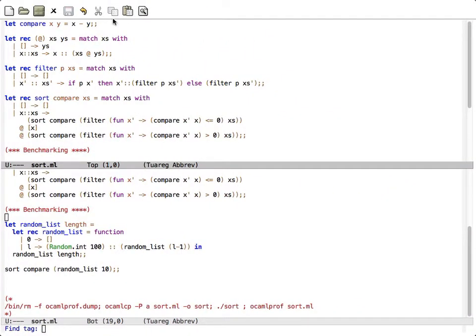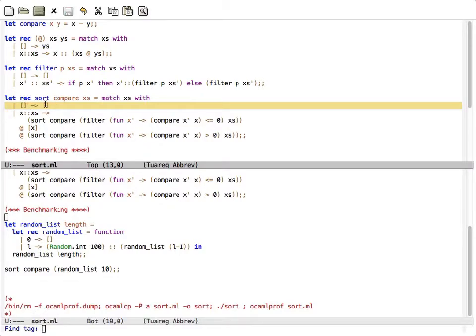Okay, so this was the program, and I wrote everything that the program is using in the same file so that it's self-contained, so we can analyze exactly what's going on. So this is the main sorting function, sort. But now I gave it the comparison function as an argument, and so to remind you very